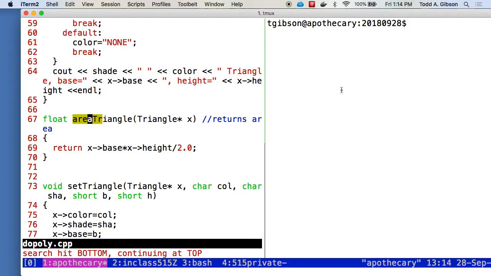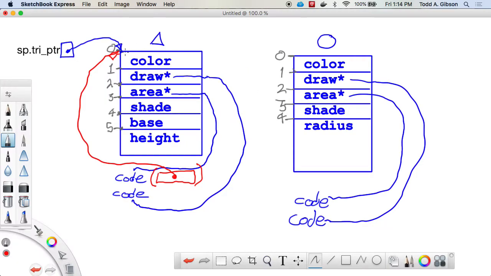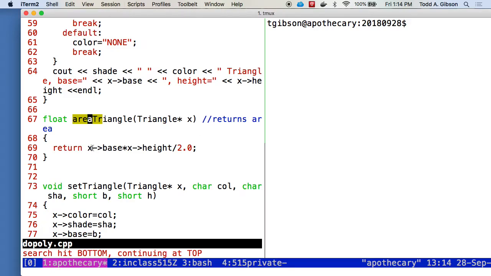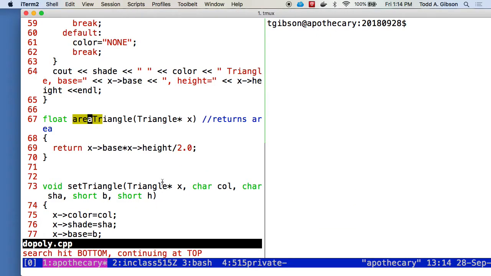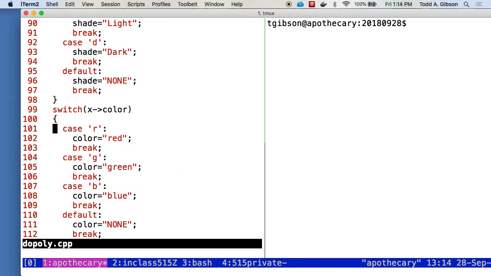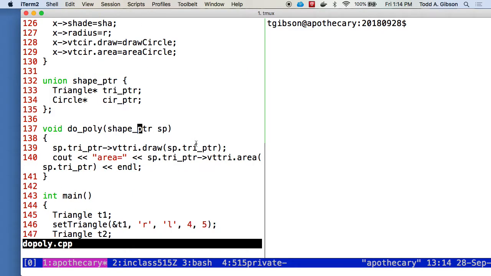It's been given this, and what it does is it takes the base times the height, divides by 2. So it takes that, and divides by 2. Well, that's how it works with triangle, and all that actually is consistent with how this is written. I wrote this for triangles, but then down here in main, I didn't only do that,